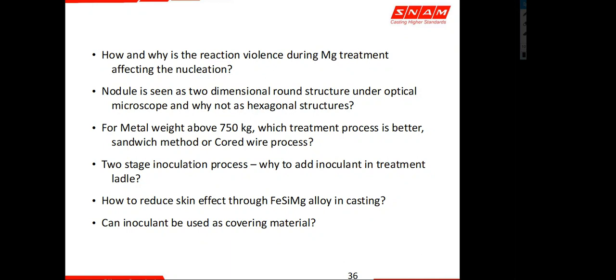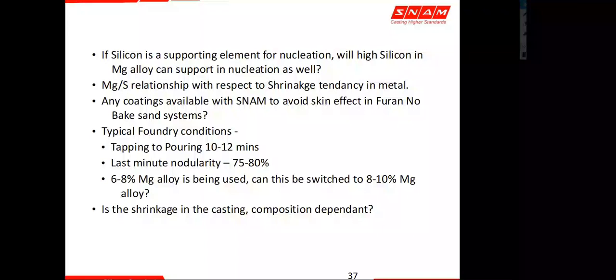But when you have inoculant as a cover alloy, inoculant has a lower melting point, so it can readily dissolve. But the advantage of having inoculant as a covering material is you get good nuclei, and the oxidizing nature of inoculant becomes helpful. You don't let magnesium get lost as magnesium oxide. So inoculant cannot be a 100% replacement for the cover alloy, but yes, you can replace some extent of covering scrap with inoculating material.